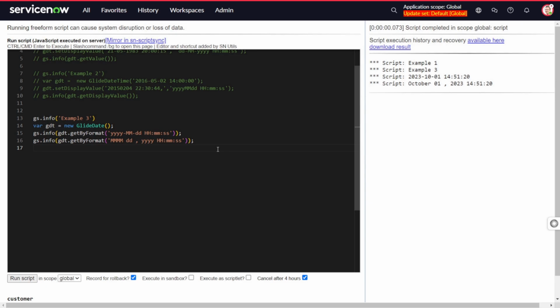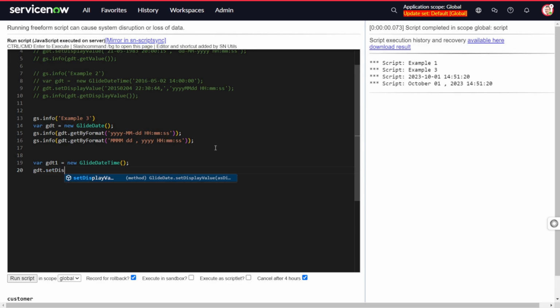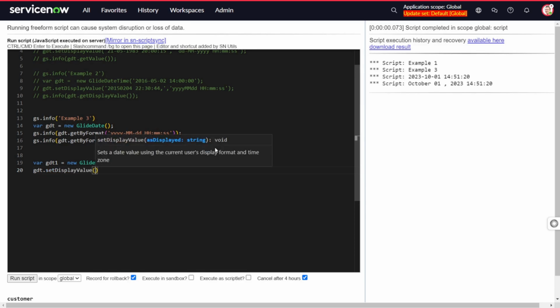Right? Let's look into one more example around the same. Let's try something more complicated than the GlideDate I've shown you. Let's try something with the GlideDateTime API. So I will do variable gdt1 equal to new GlideDateTime, and now assume that we are getting something in a very difficult format. So gdt1 dot setDisplayValue, and in that it's